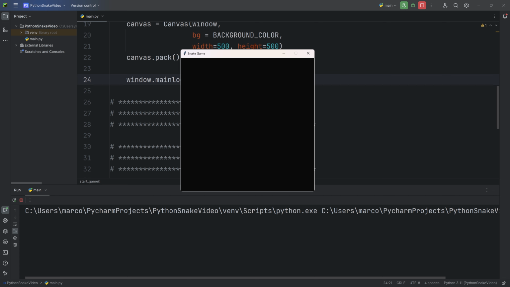Now, this is a starting point, but what we want is not just an empty interface, but something like a grid, a snake that moves through the squares, etc. More in general, we want to have elements that evolve over time inside the interface. And to have that, we need to implement a game loop. So, what is a game loop? A game loop is, as the name suggests, a loop that is responsible for two things: update the state of the game and manage the internal time.